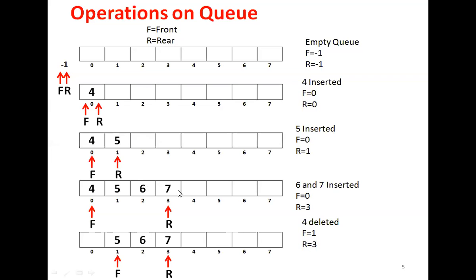Okay. So this data structure is first in, first out. So first in, which data is inserted first? In means inserted. So which data is inserted first? 4 is inserted first. So which will be deleted first? Yes sir, I got it. Okay. So this is a first in, first out type of data structure. The data which is inserted first will be deleted first.